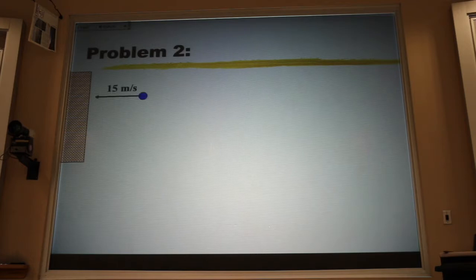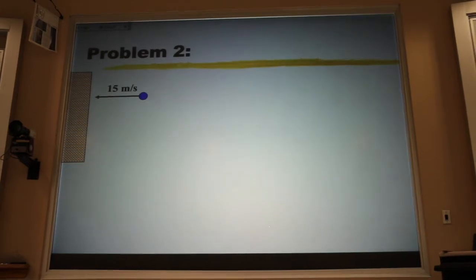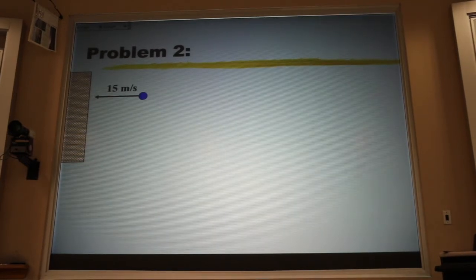In this case, we have a ball that is approaching a wall at 15 meters per second. The ball has a mass of 0.2 kilograms. It bounces and leaves the wall at 10 meters per second. Now, this is a momentum problem, and